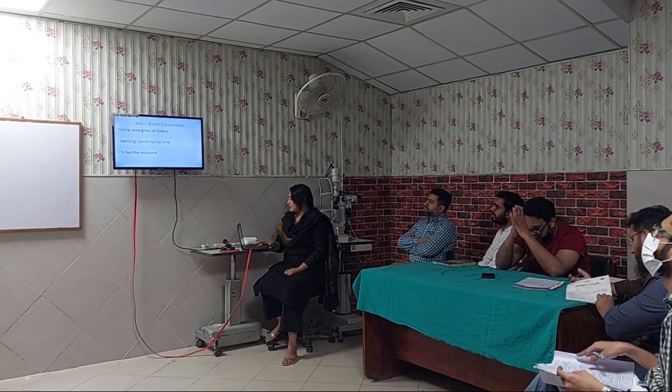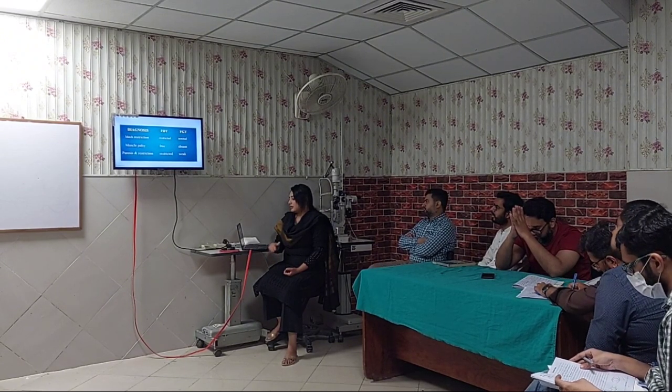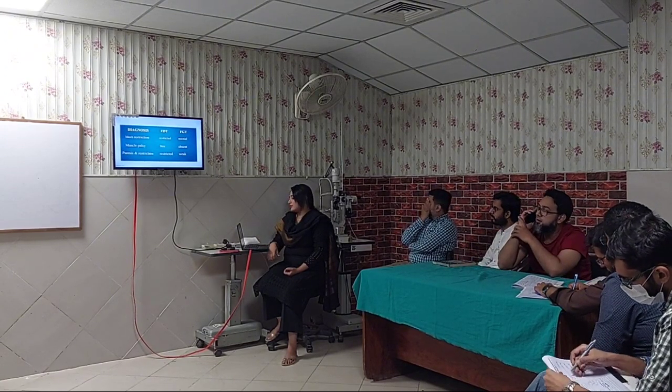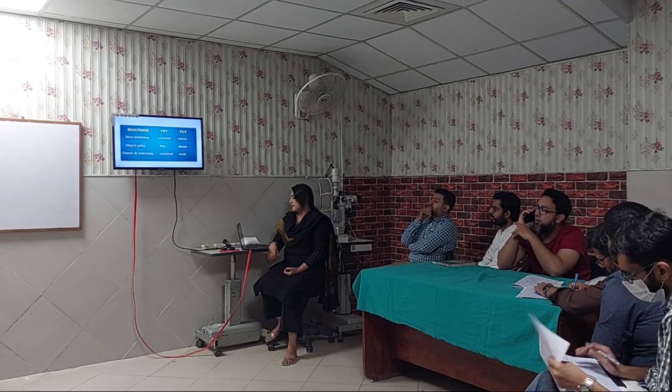We do the active force generation test by using the same grasp on the limbus and applying a counteracting force to the muscle to feel the resistance. If there is a mechanical restriction, then FDT is restricted and FGT is normal. In muscle palsy, the force duction test is free and the force generation test is absent. In paresis and restriction, there is restriction in the force duction test and weak FGT.